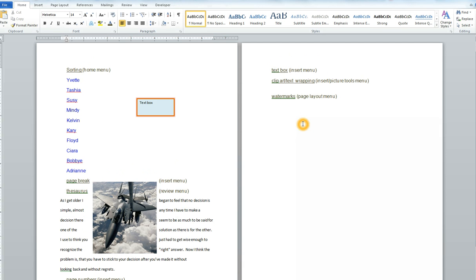The last piece that we'll learn about today is what is called a watermark, and that is